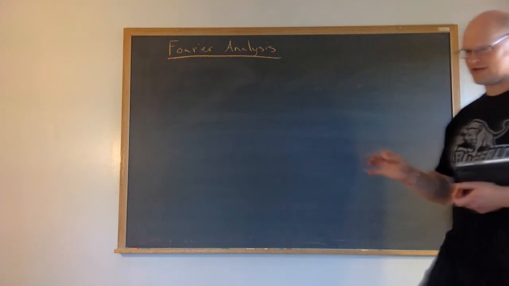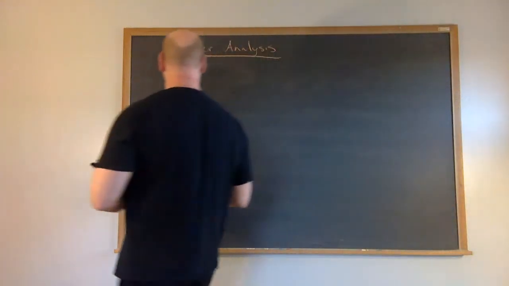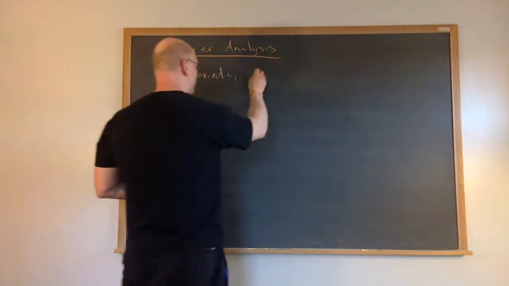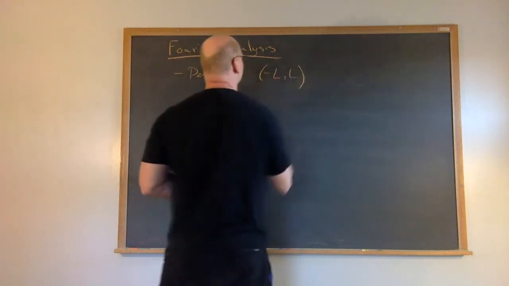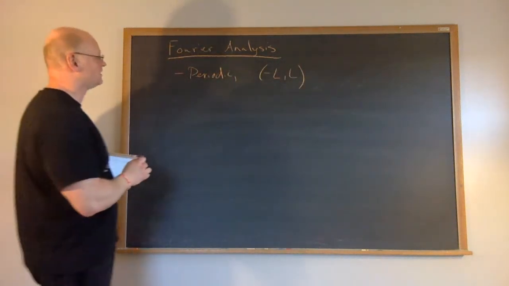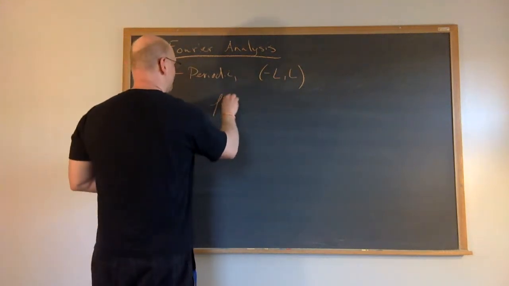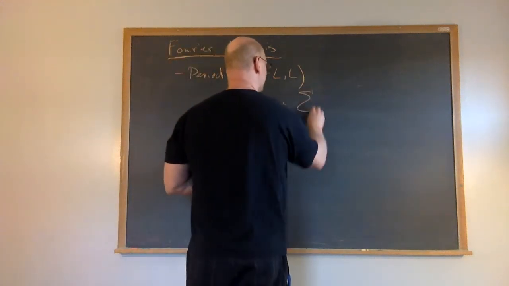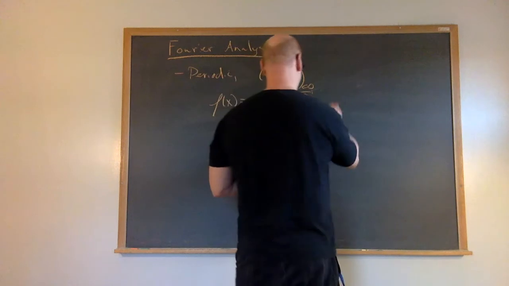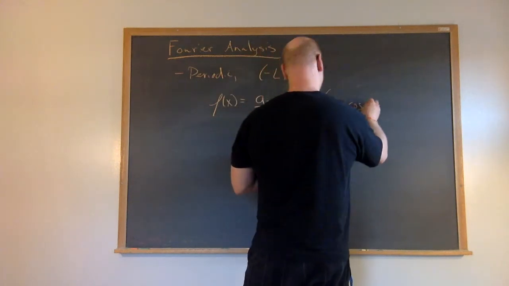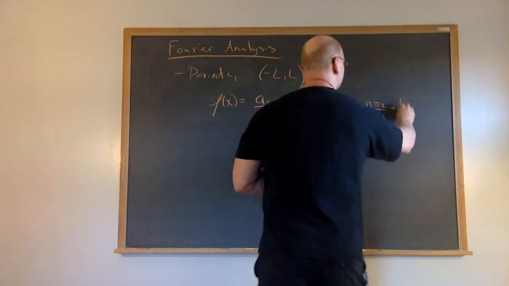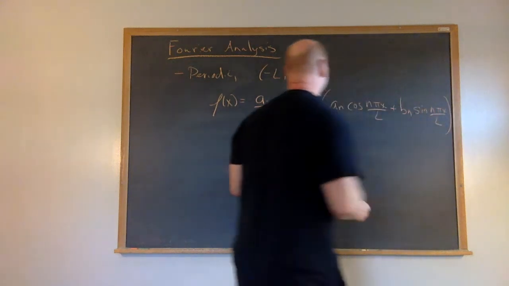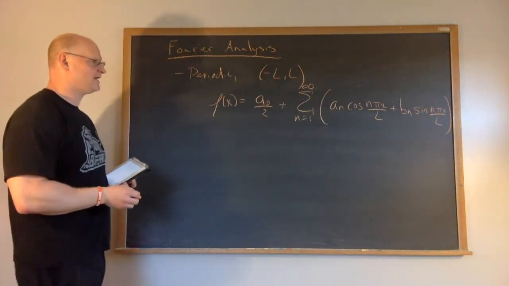But again, the point of Fourier analysis is anytime you have some sort of periodic function over some range of, say, from minus L to L, then you can rewrite the function f of x as equal to some coefficient a0 over 2, plus the infinite sum n equals 1 to infinity of a_n cosine of n pi x over L plus some b_n's times sine of n pi x over L,